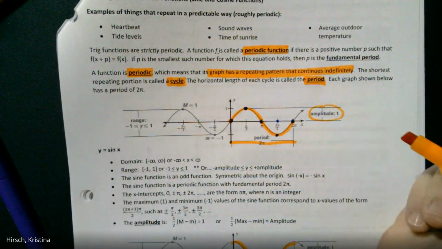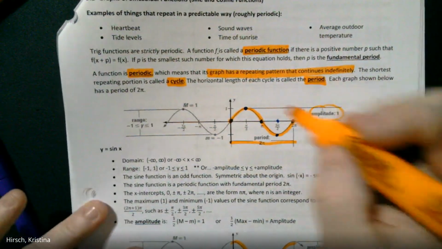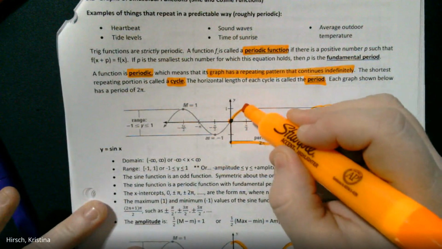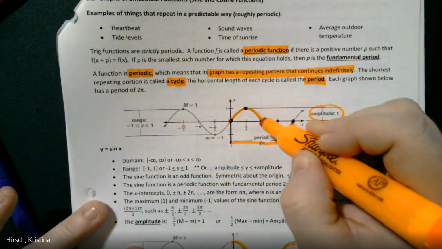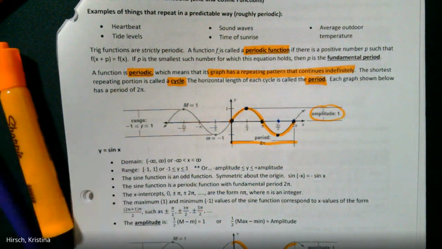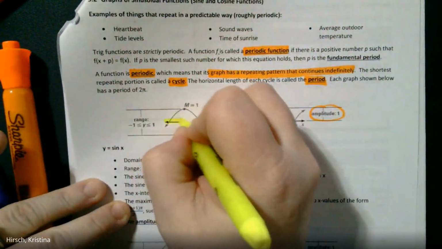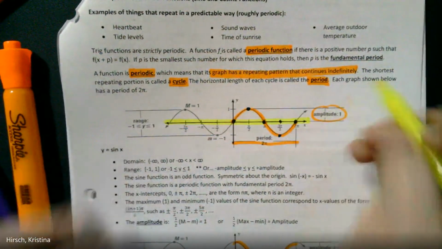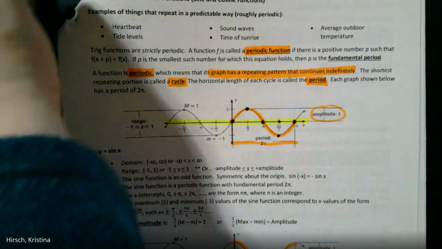So an amplitude measures the height from what we call a midline to the top of the graph and the midline to the bottom of the graph. All right. So I'm referencing this midline, and basically this is the midline. All right. Now, a midline